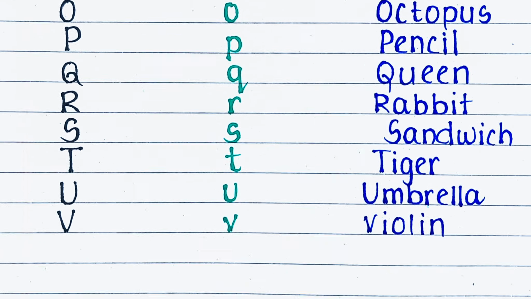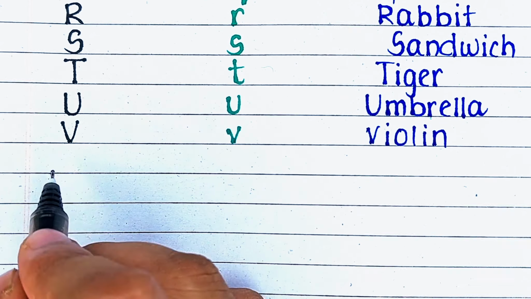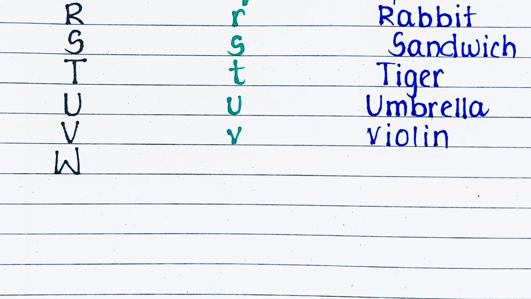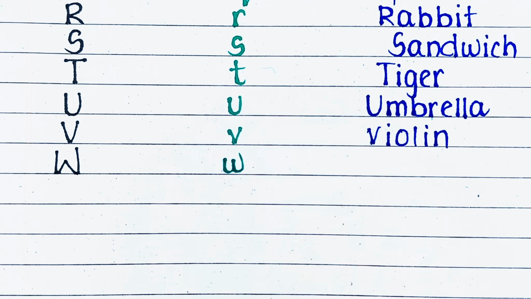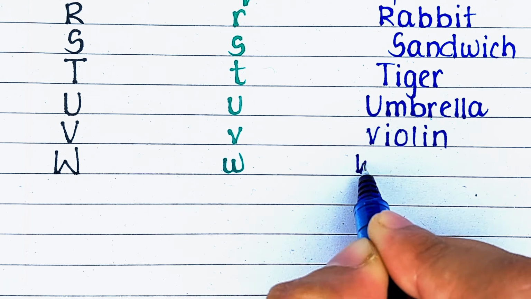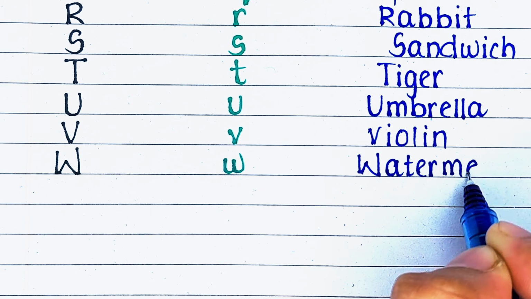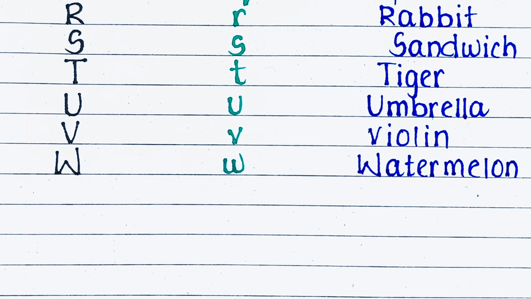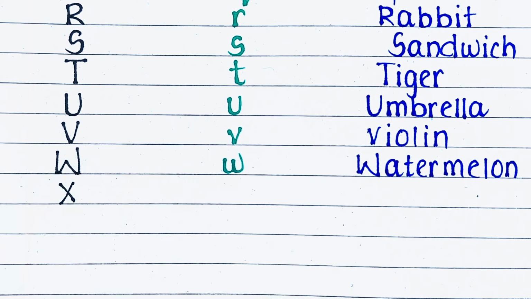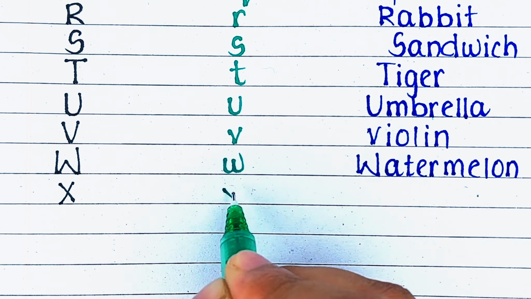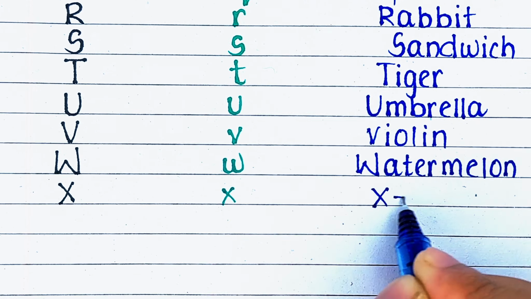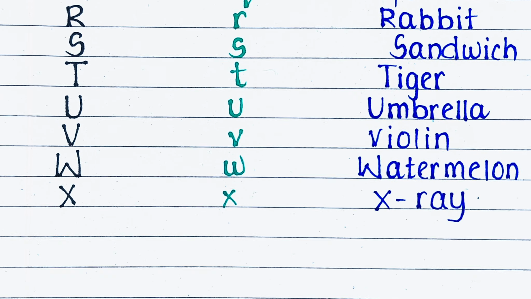violin. Next is alphabet W, capital W, small w, and the word is water, melon, watermelon. Next is alphabet X, capital X, small x, and the word is